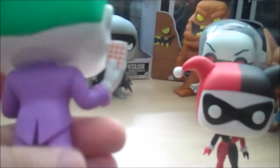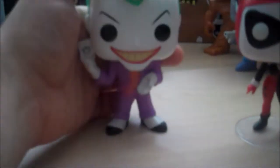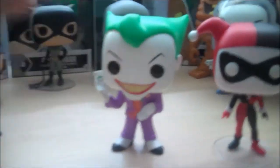I love the Joker card in hand. They've even done some amazing detail with the card on the back. I love the bright purple. It's perfect, just like the animated series. The orangish shirt, the blue tie, the pink flower, the black and white shoes, they just knocked it out of the park with this Joker. I absolutely love him and Harley Quinn,